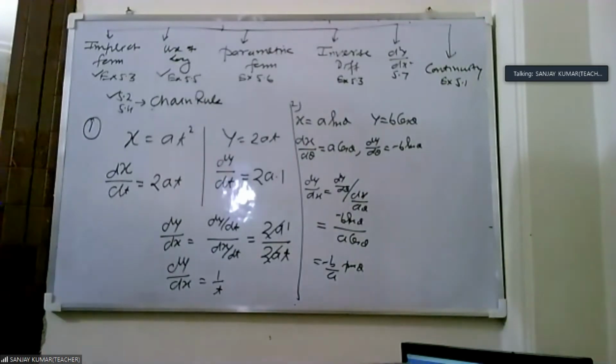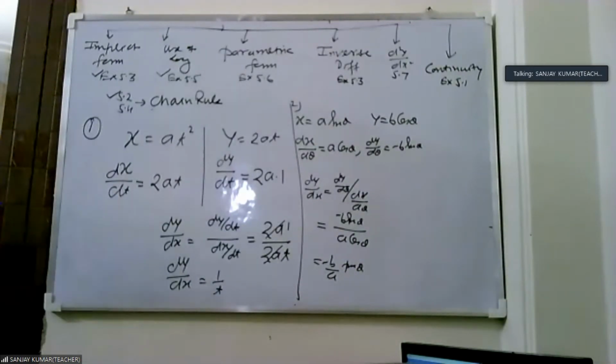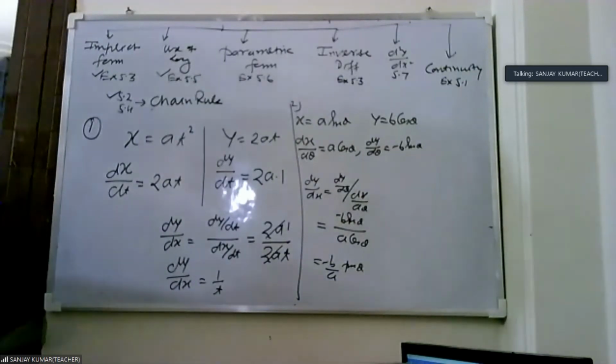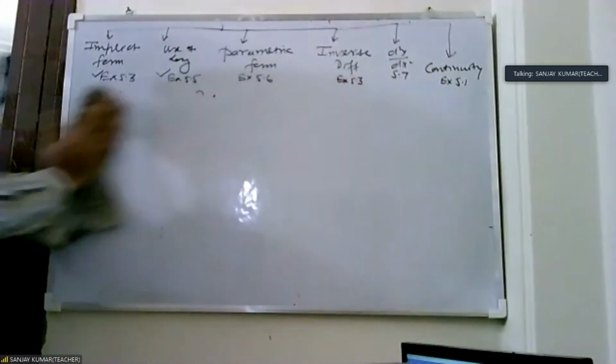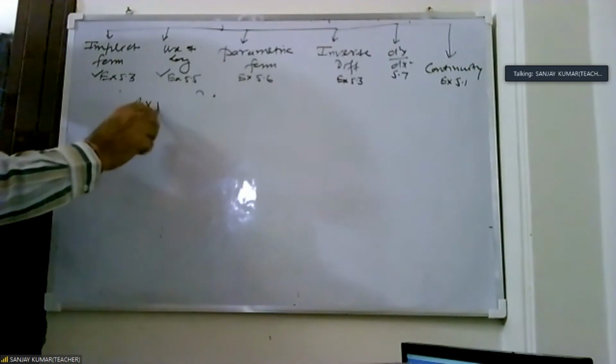Now we are writing exercise 5.6 on the board, and you start. Take your copy, please. Take out your copies. Then we start the question. This is exercise 5.6. We start exercise 5.6 today.